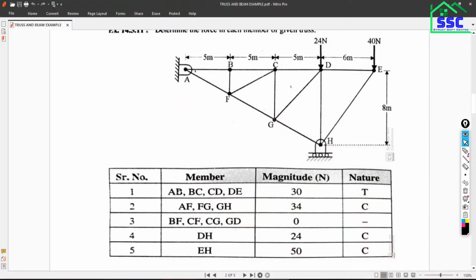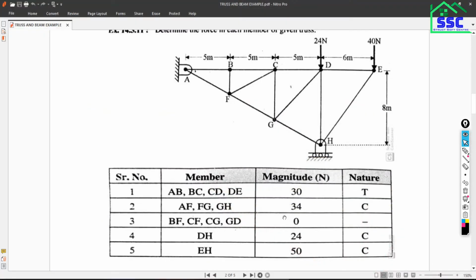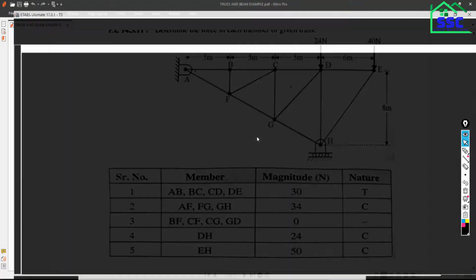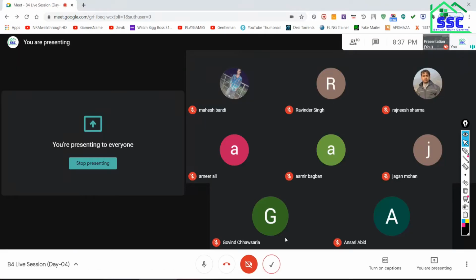In FC there is a 0, then in GD there is also 0. Now the vertical member CG is also 0. Okay, now BF is also 0. So all these internal members have 0 forces. Have you understood all this practice?